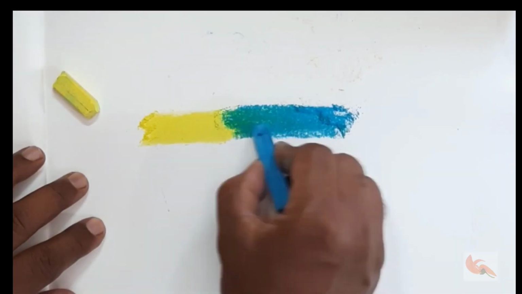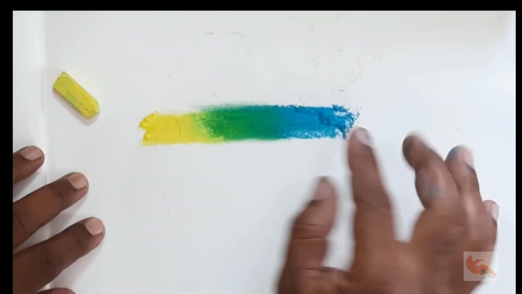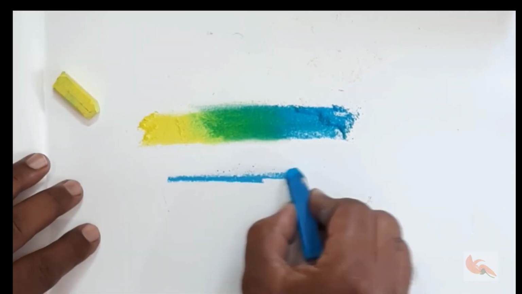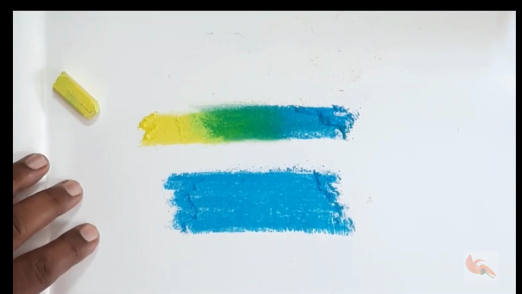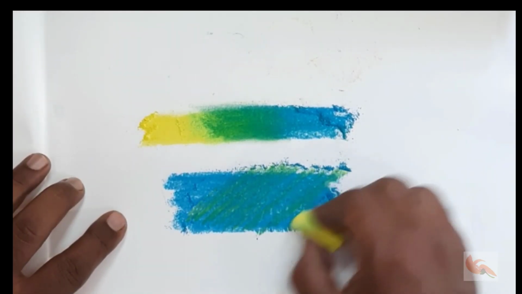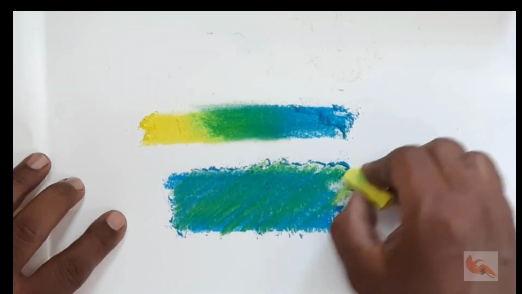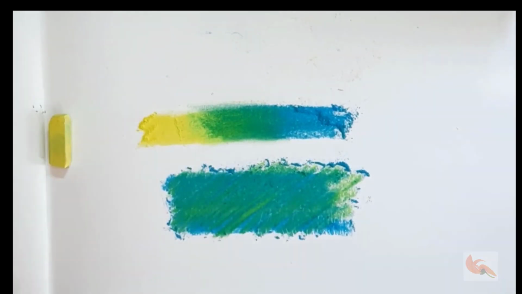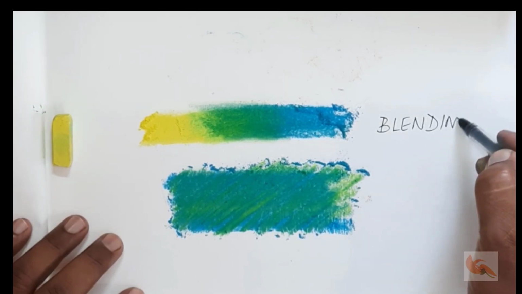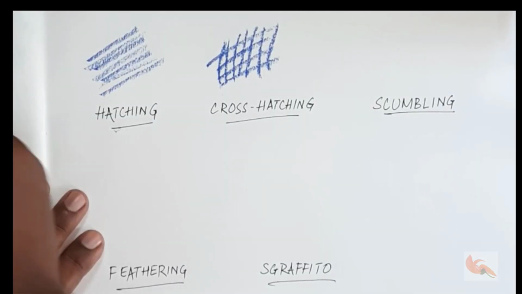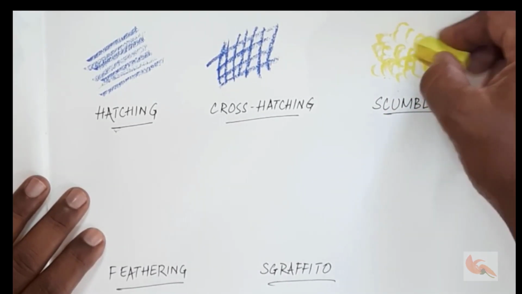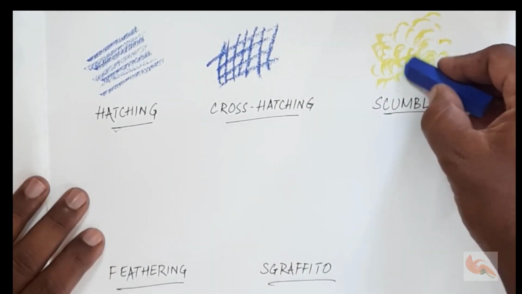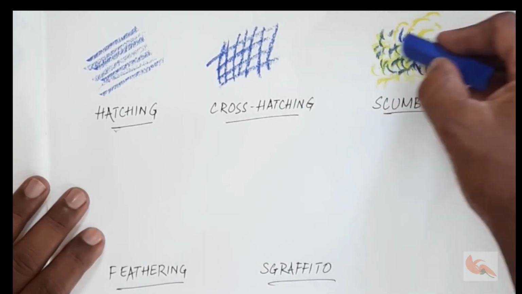We can merge one color into another to create seamless color transitions by blending. You can use a finger or a cloth to gently rub one or several colors placed side by side into one another. Rather than blending colors smoothly, you can load the paper generously with color and allow the layers of pastel colors to mix visually by layering. Apply one color lightly over the other to suggest texture. That's the process of scumbling.